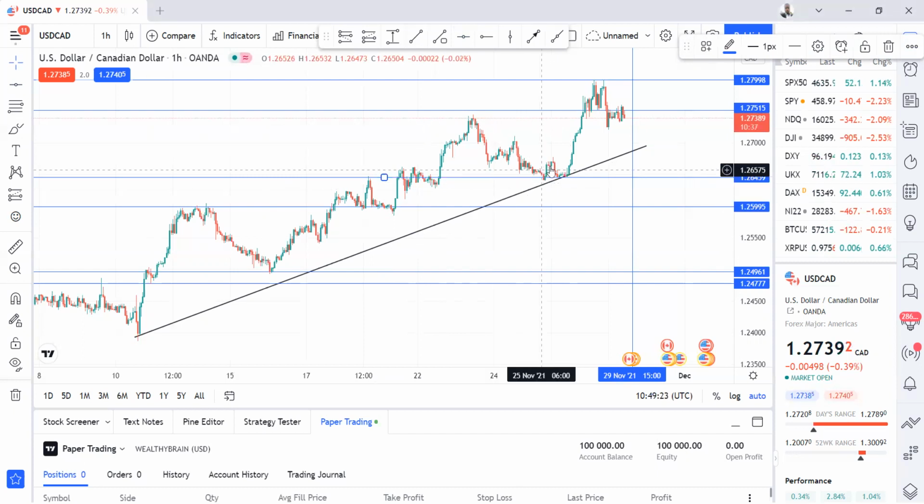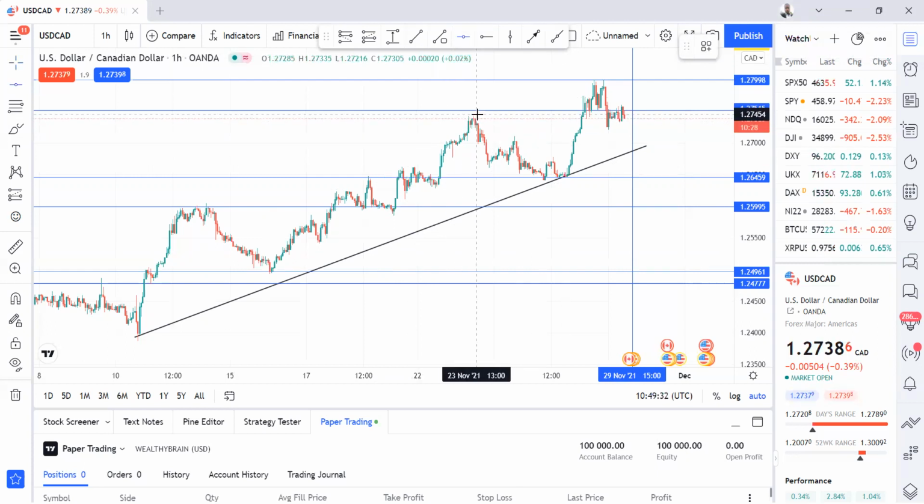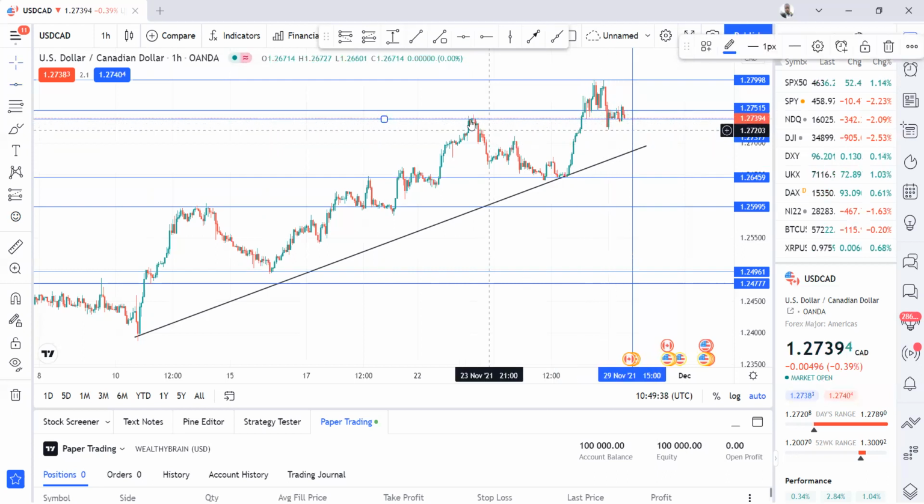So we have another level here. Then we have another resistance at this level. So this resistance here, currently price is validating that resistance, and there's a little bit of consolidation here. So this whole structure, the first support that we spotted on the 5-minute time frame and the current support we're